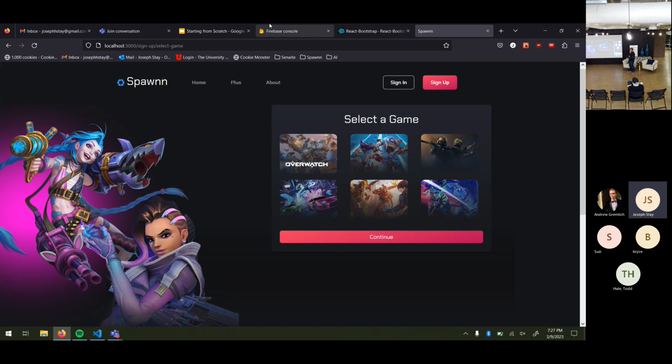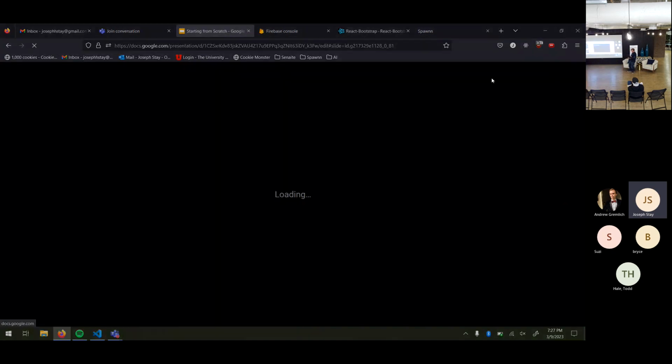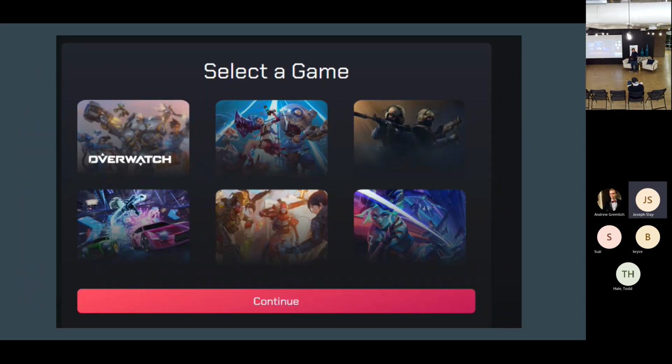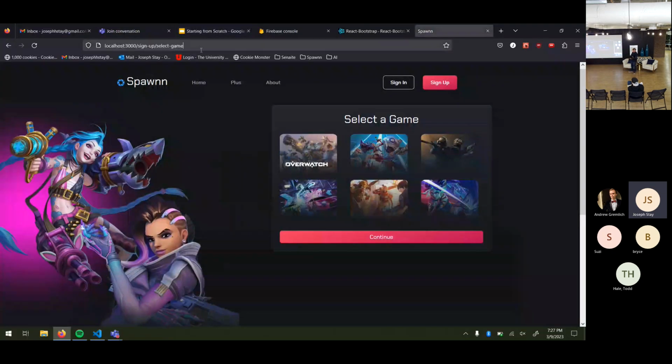When you're using it with something like the card, card.body, and the container, it'll automatically indent it a little as well. React Bootstrap is great. I loved using their forms and just redesigning them to our Figma. It was awesome. And yeah, this was probably my favorite thing that I worked on with them, the dynamic search. Let me go ahead and pull it up actually.